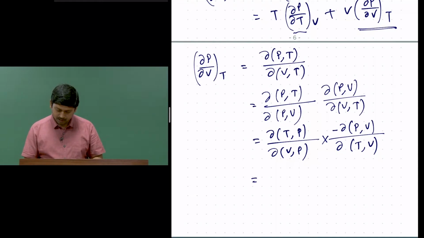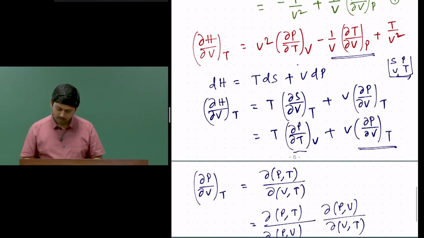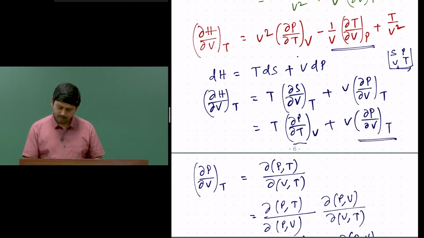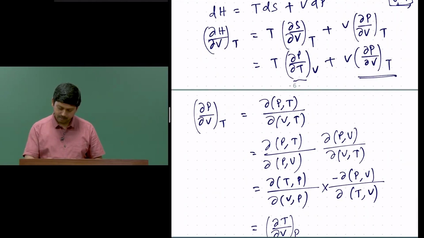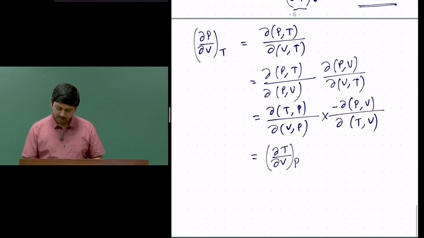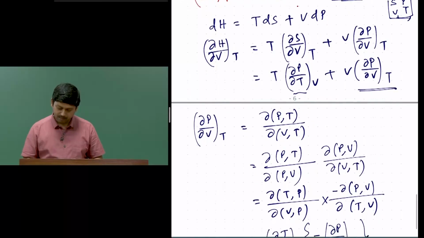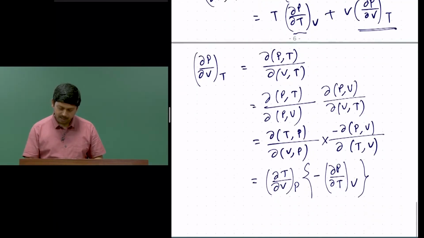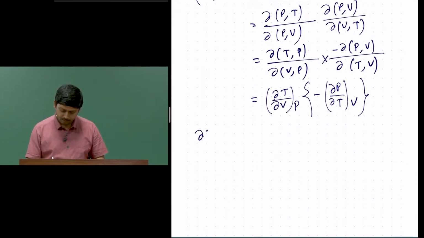So, you see this one is nothing but del T by del V at a constant P, which we actually wanted here. But in addition what we get is minus del P del T at a constant V. So, this is nothing but a product. So, therefore, del H by del V at a constant T